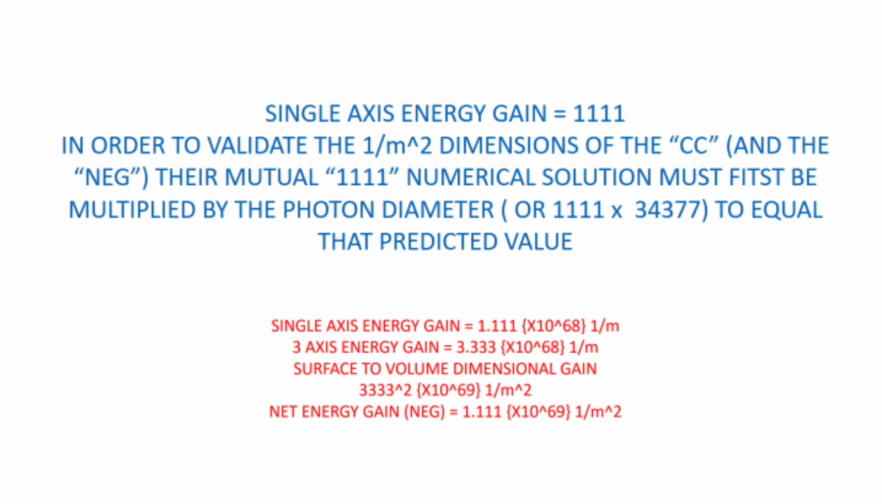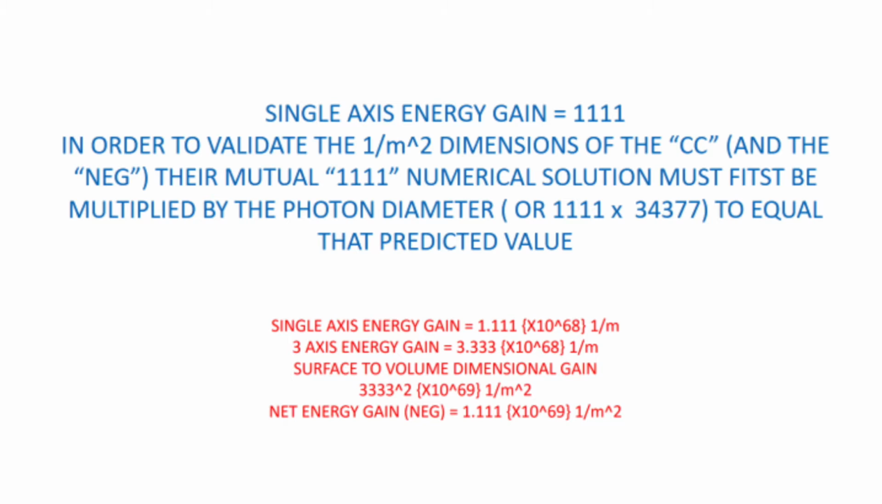It is apparent that a unique anomaly occurs where 1111 times 3 equals 3333, and also 3333 squared equals 1111, causing the final value of the NEG to return back to the original corresponding CC value. This also causes a 1 magnitude loss in the Planck particle's mass dimension, dropping its final scale down to a non-interacting